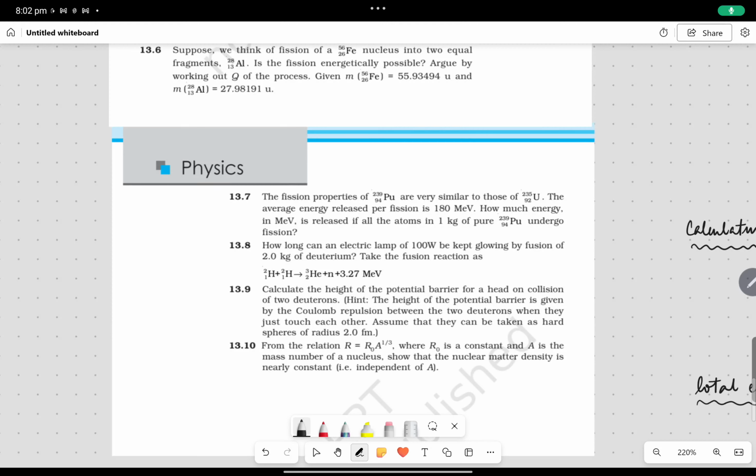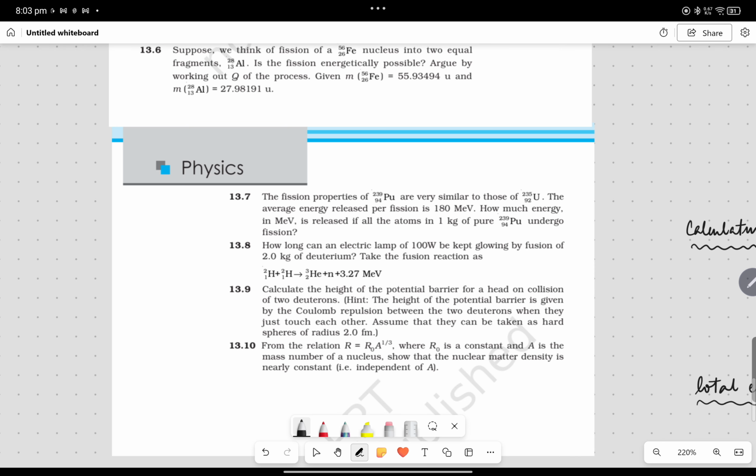So this is question number 13.7, and in this question particularly, the question says the fission properties of 239 plutonium are very similar to those of 235 uranium. The average energy released per fission is 180 mega electron volt. How much energy in mega electron volt is released if all the atoms in 1 kg of pure 239 plutonium